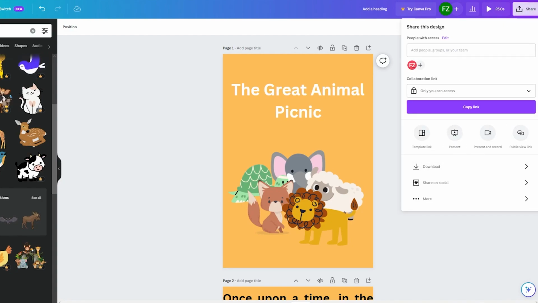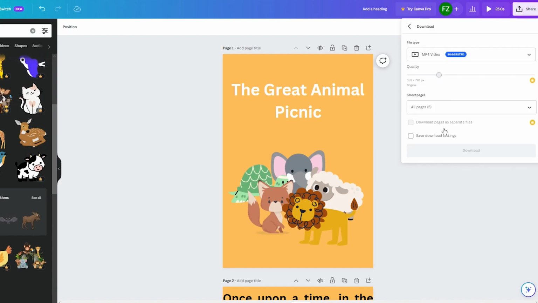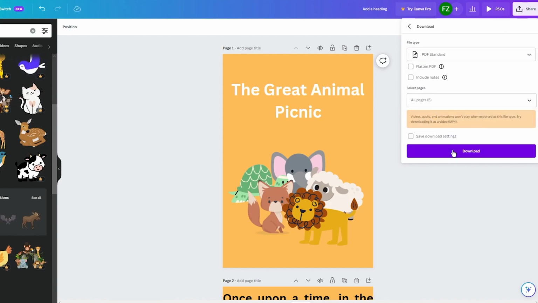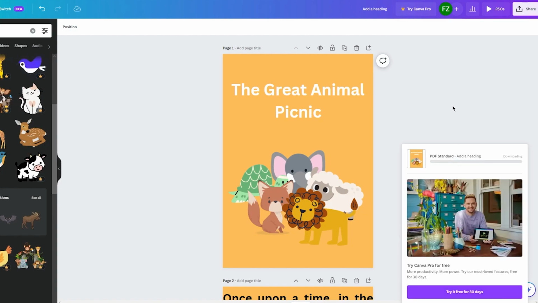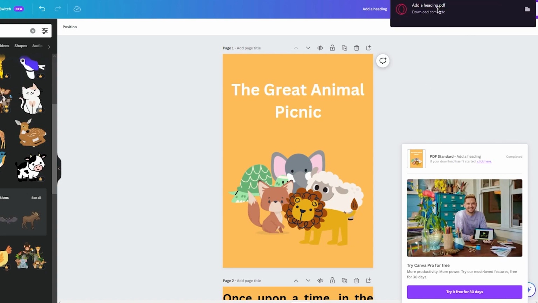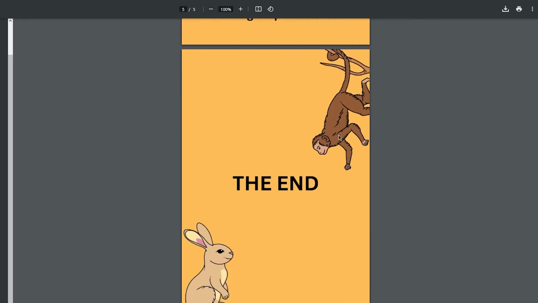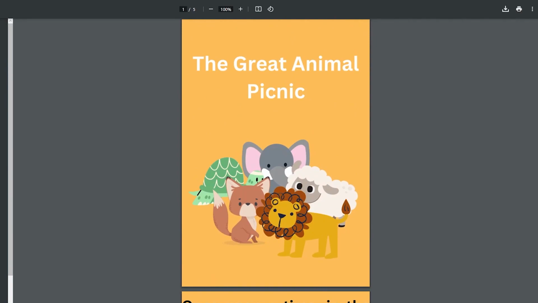So finally, once you've created everything, you're going to click on download. You're going to choose the output radius. So I'm going to go with PDF standard. Okay, obviously, because that's best for your KDP. Click on download. And once you click on download, it's going to download the actual design. So, you can actually go ahead and see how it looks. And look at that. So it looks pretty great, looks pretty nice, looks pretty incredible, good quality, and it's great